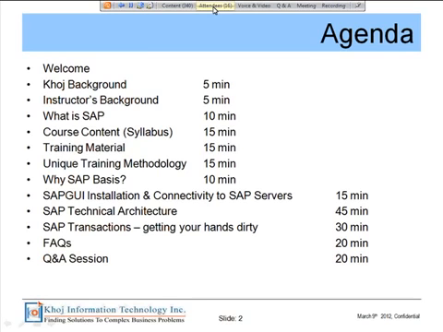We're going to spend some time on what SAP is, and the course content and syllabus will be discussed. The training material which we use is going to be discussed. Our training approach and methodology will be looked into as well.